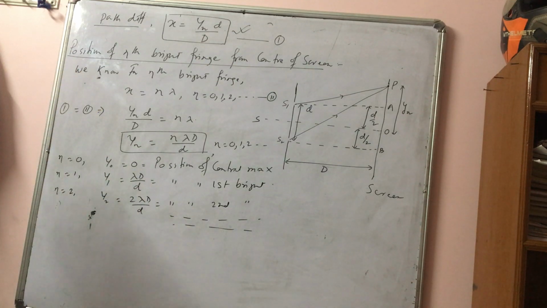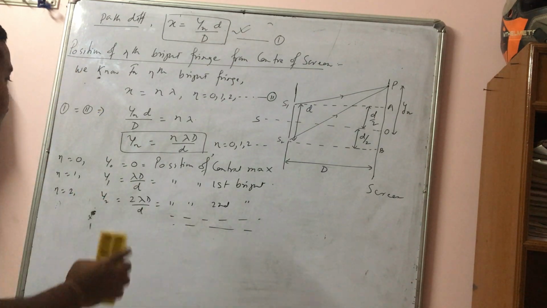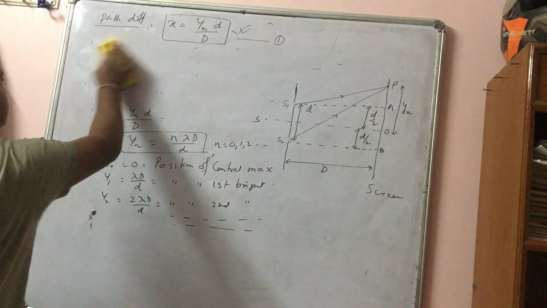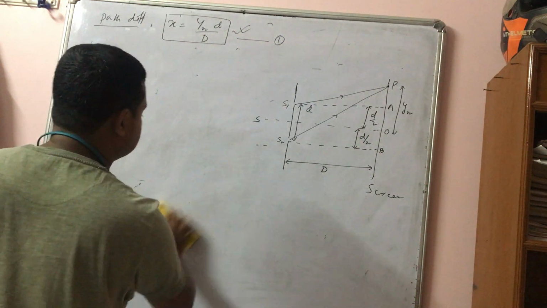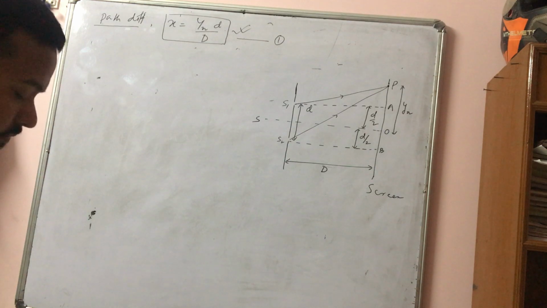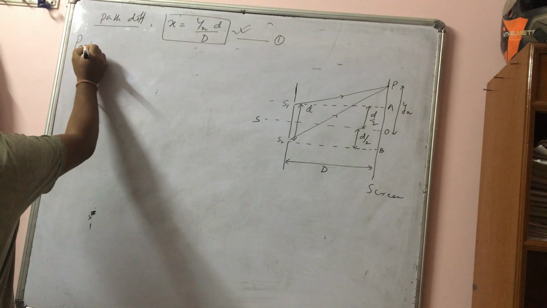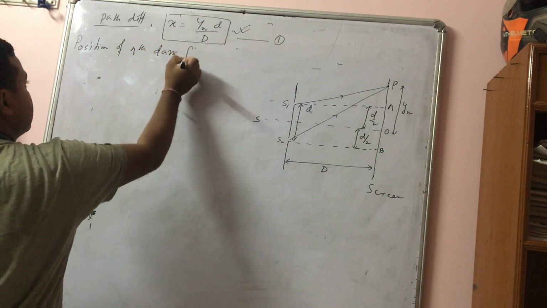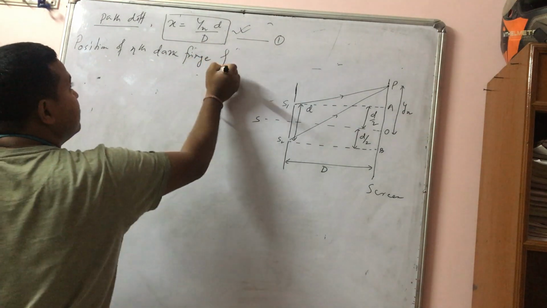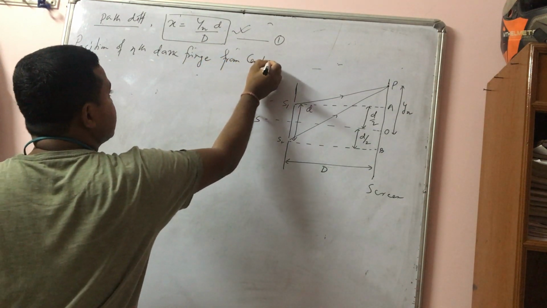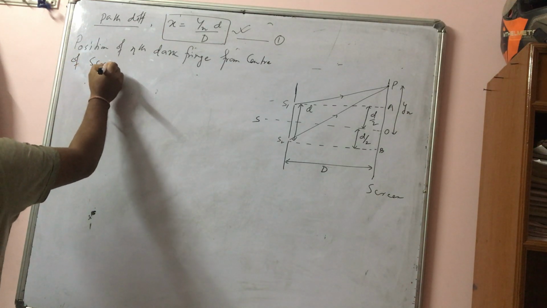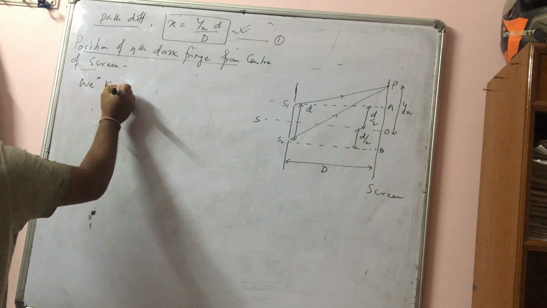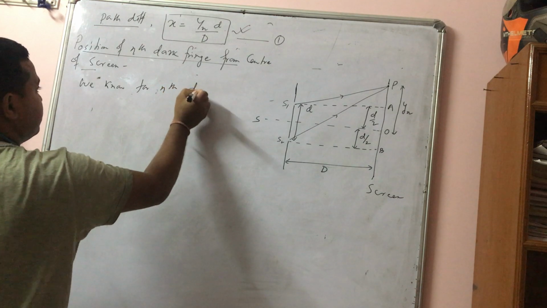Now let me find out the position of the nth dark fringe from the center of the screen. Now we know that for the nth dark fringe